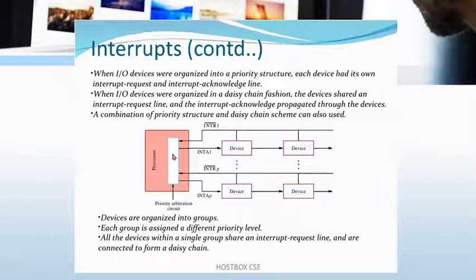Generally, interrupts are served in an orderly way, as in the daisy chain scheme. First device 1, then after it completes, device 2, then device 3 and device 4. Suppose device 1 is not responding, it gives priority to device 2. In a real-time situation, if device 3 is not performing, it gives priority to device 4, communicates, and gives the task. So that is the way you can use either the daisy chain scheme or a priority structure.